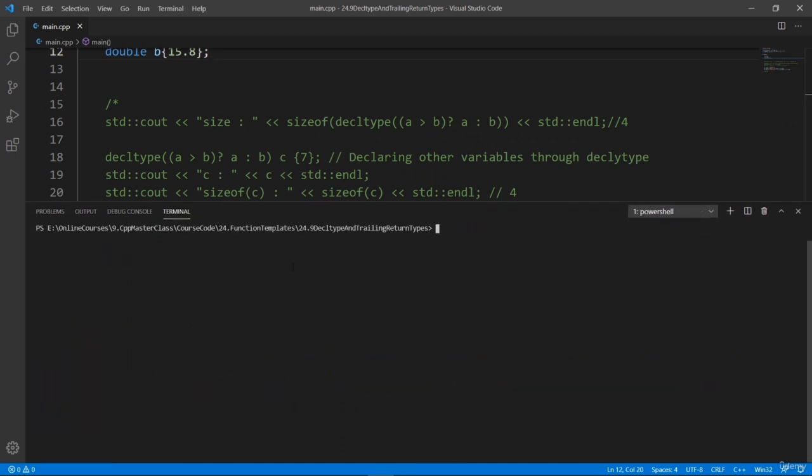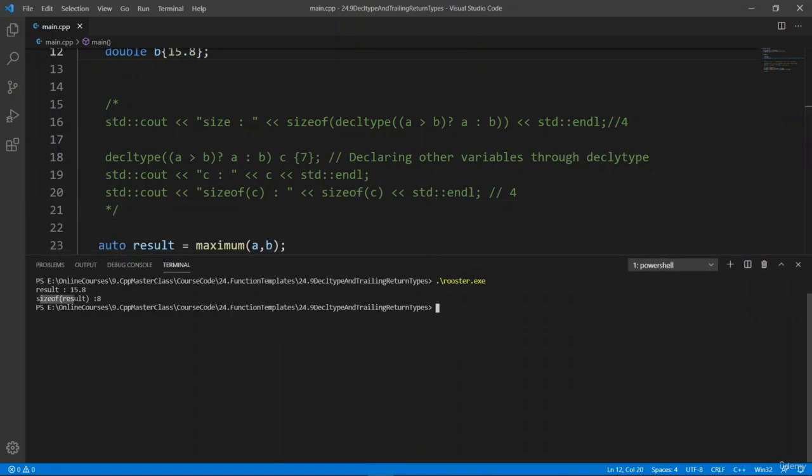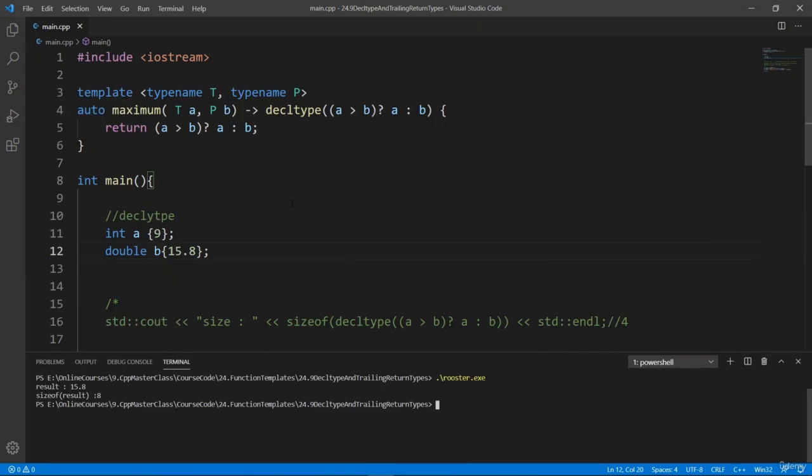We're going to clear and run rooster. Now you see that result is 15.8. It is printing here as a double. You see we have a decimal point. So the return type was deduced to be double. And we can see that here, the size of that is 8. This is really how you can use decltype and trailing return types to make your function templates that deduce the